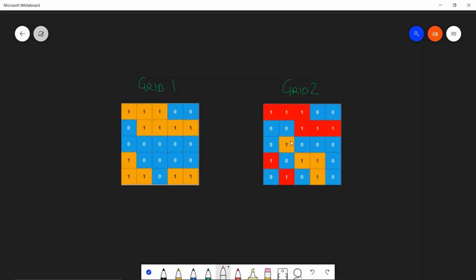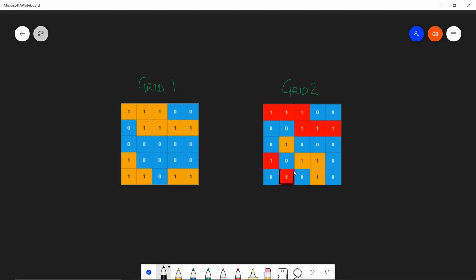So here's a one over here, but there's no corresponding one at this side. There's water only. So this one, even though it is a standalone single-celled island, is not a sub-island, right? Let's talk about this island over here. This is an island. So corresponding to this one, we have a one over here, but we don't have any ones corresponding in grid 1 to these two. So even though this is an island, it is not a sub-island, sorry.